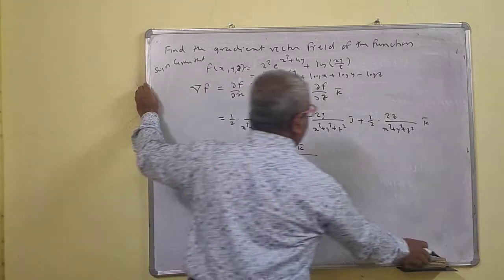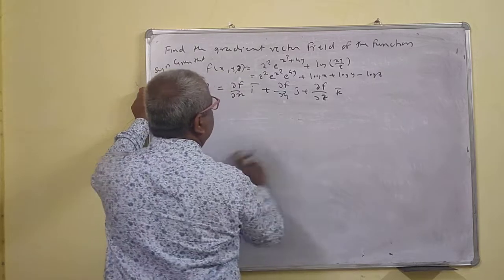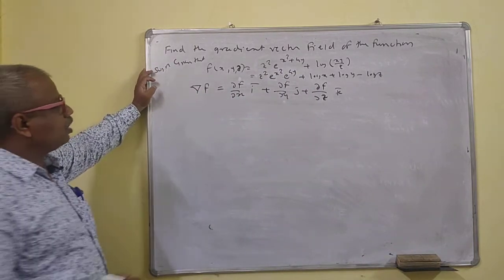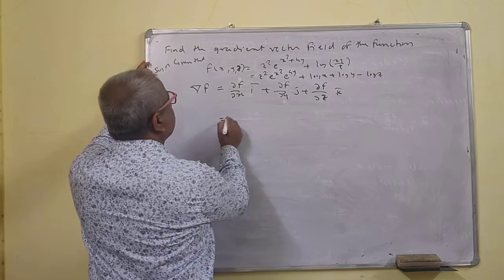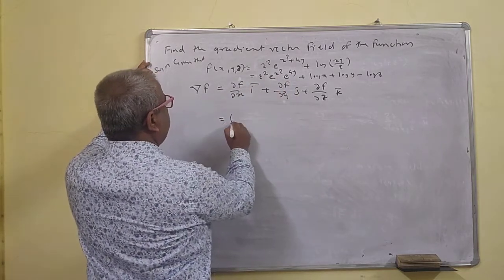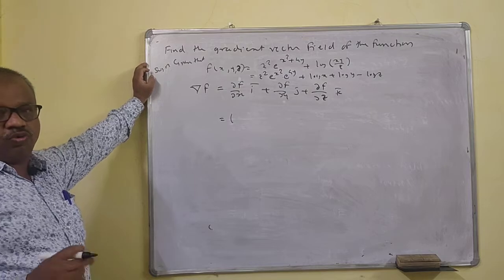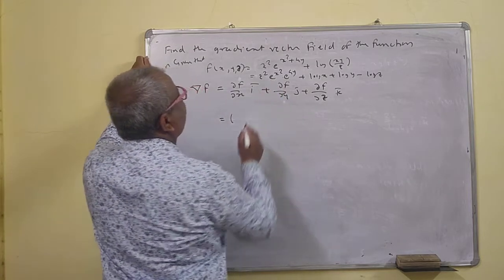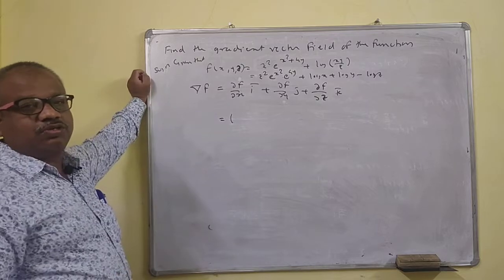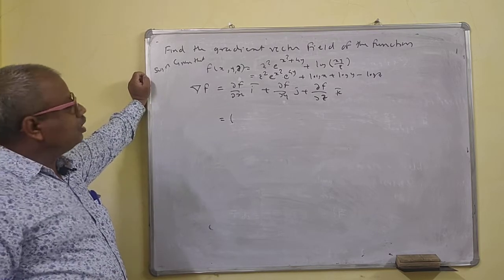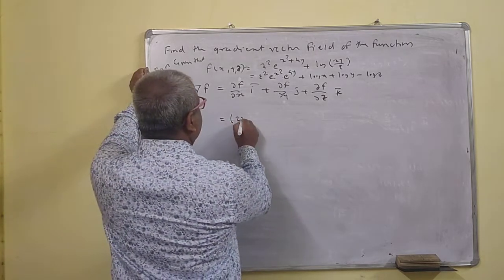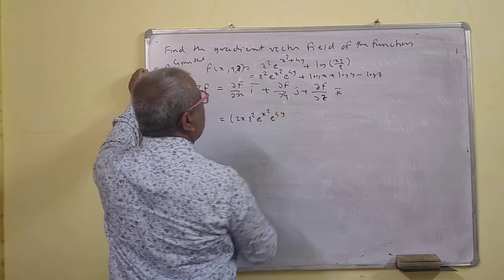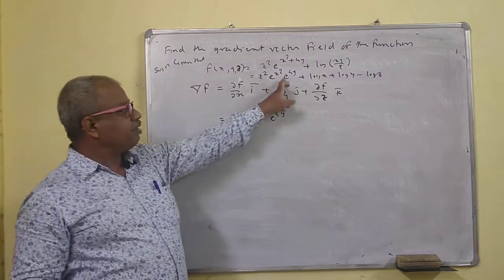Now this is your formula to find the gradient of the function. We differentiate partially with respect to x. We'll write in brackets because there are two or more terms. The derivative of e raised to x square is e raised to x square into the derivative of x square, that is twice x. So this is twice x z square e raised to x square e raised to 4y, as it is now. So this is the derivative of this.